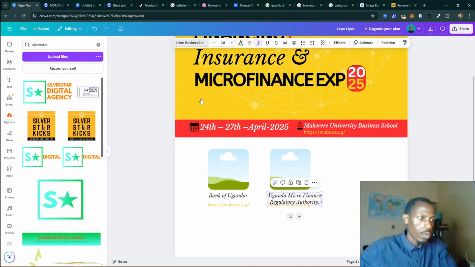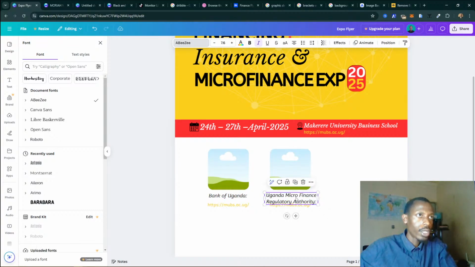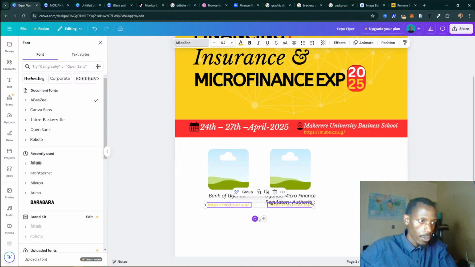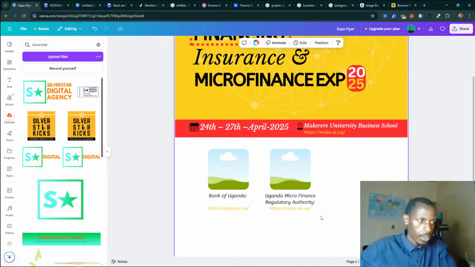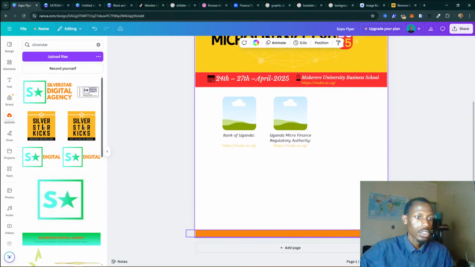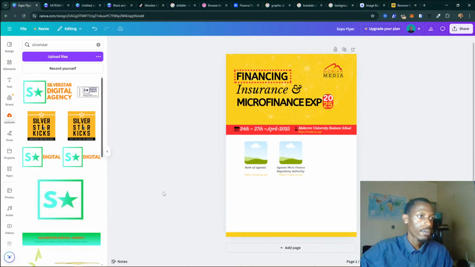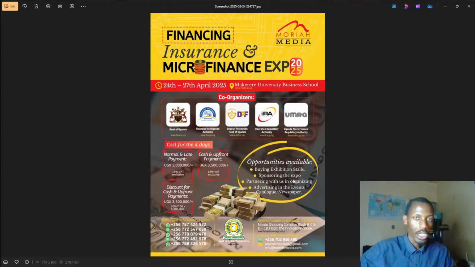And maybe we want to use a different font for this. Maybe that font will do. And alignment, make sure it's center alignment. So here we notice that we need to bring our links further down. It's not bad. And then before we duplicate everything else, let's first change this color to this one. Before we duplicate everything else,